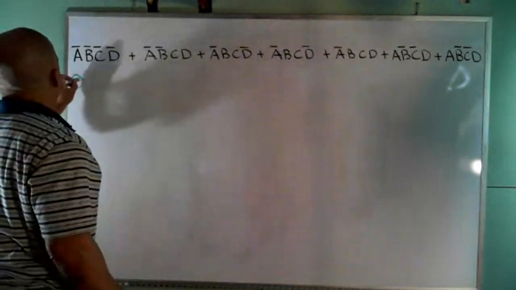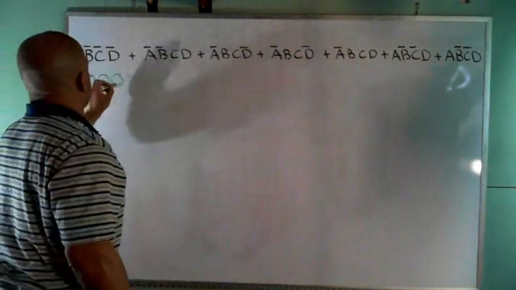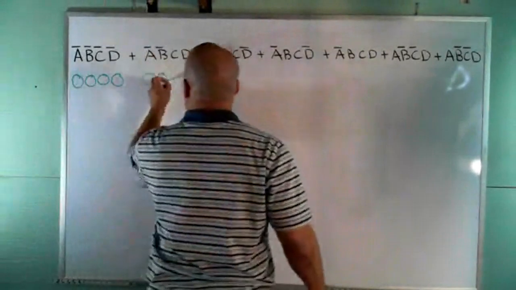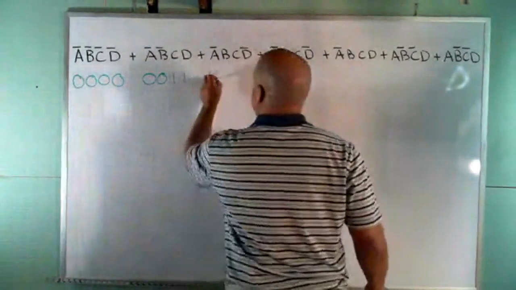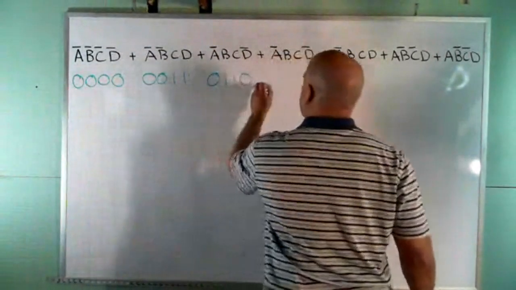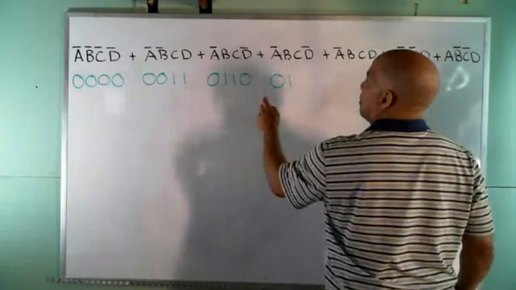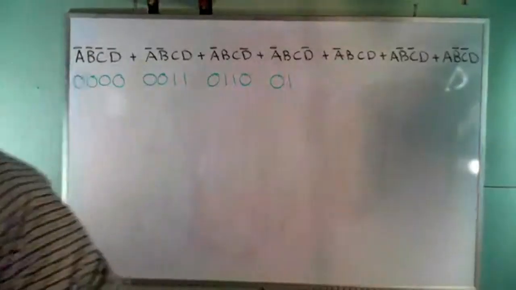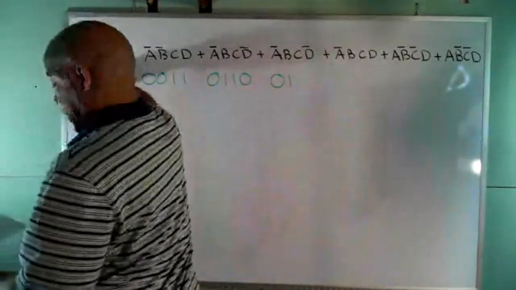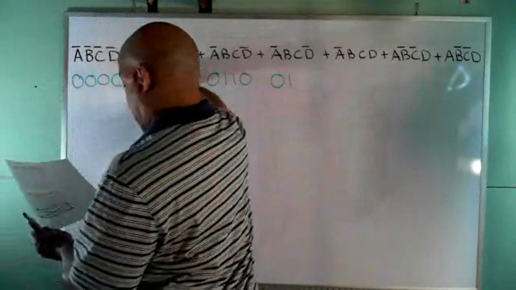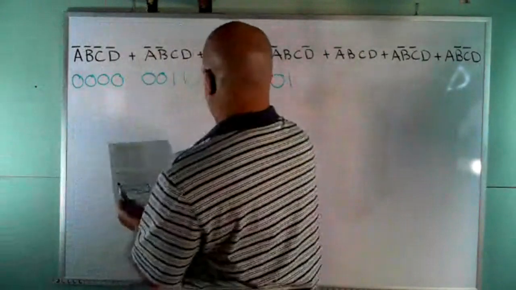So I got 0, 0, 0 here. I got 0, 0, 1, 1. I got 0, 1, 1, 0. I got 0, 0. Oh, wait a minute. I got the same thing twice. Let me make sure I didn't leave something off. I got that one. I got that one. Oh, this one should have been,